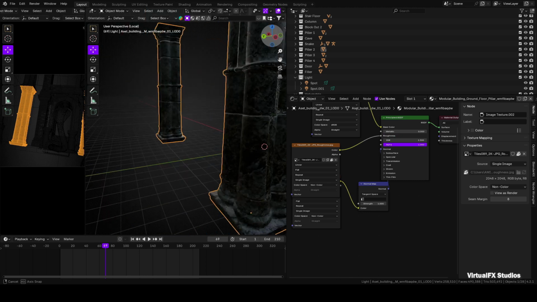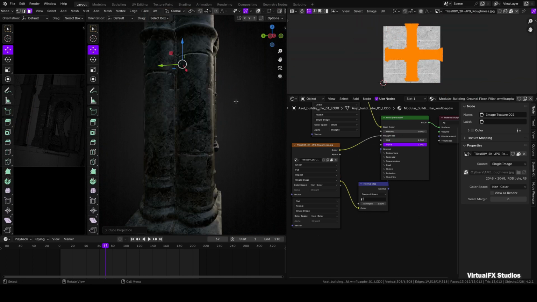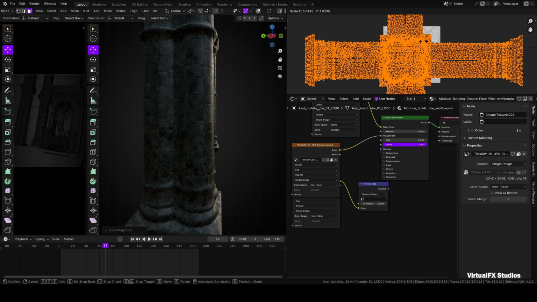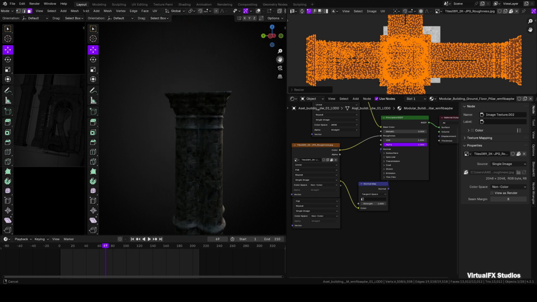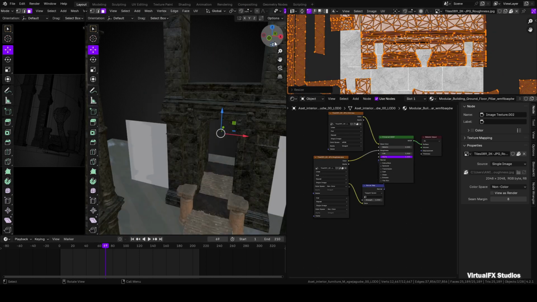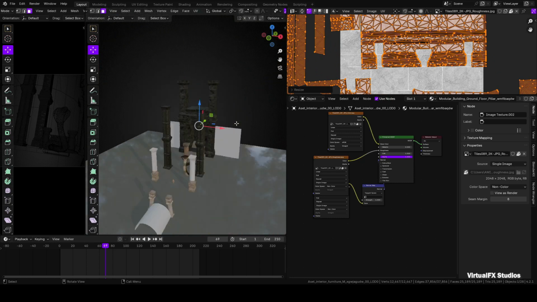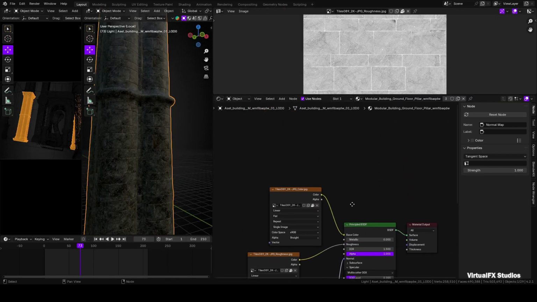Now go into edit mode for the pillars by pressing Tab and then press U to unwrap them using cube projection. If the tiling size is incorrect, you can adjust the UV scale up or down in the UV editor. Now you can either apply this same texture to all objects, or if you want to improve it further with the grungy type or old pillar edges, we will need to enhance the textures a bit more. Let me show you how to do that. First, go back to the shader editor.